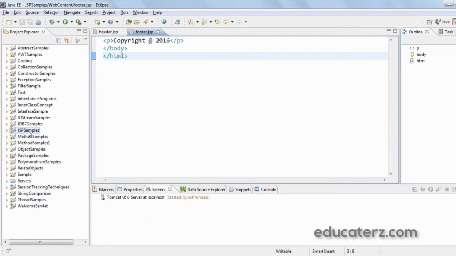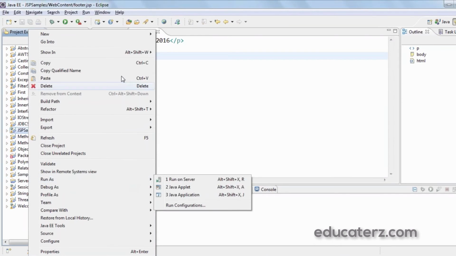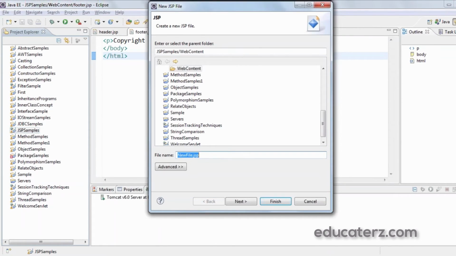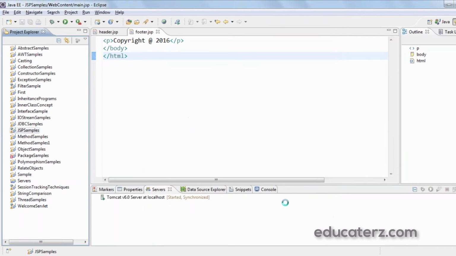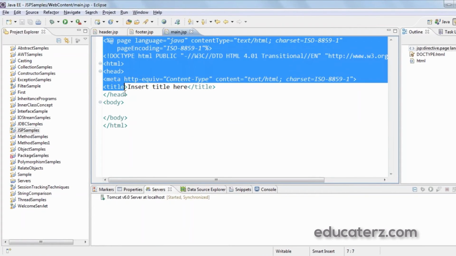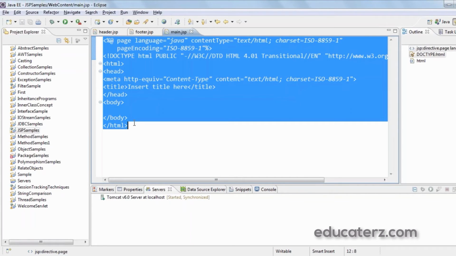So now let me write main.jsp, in which I just include all the header and footer pages.